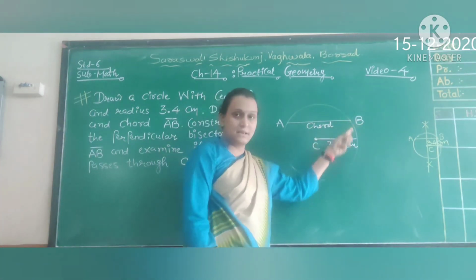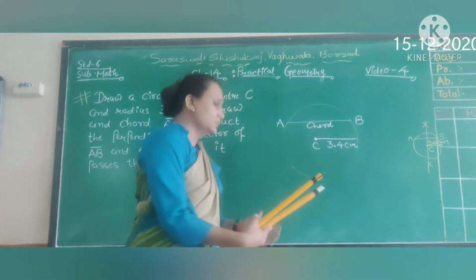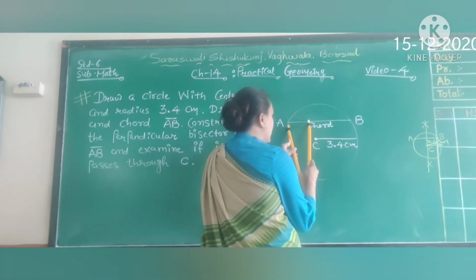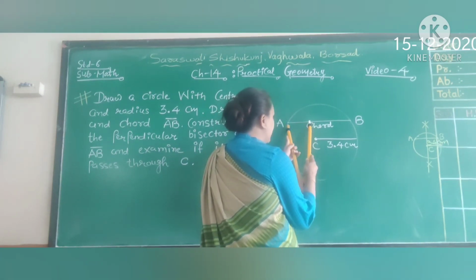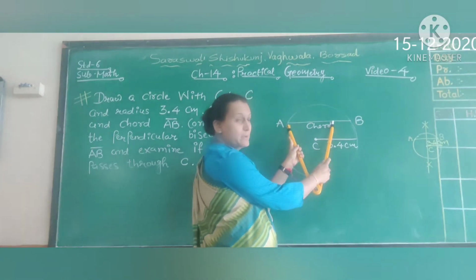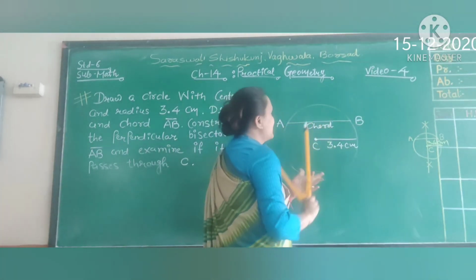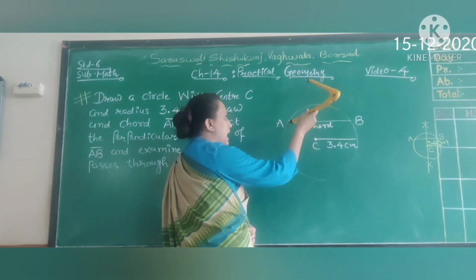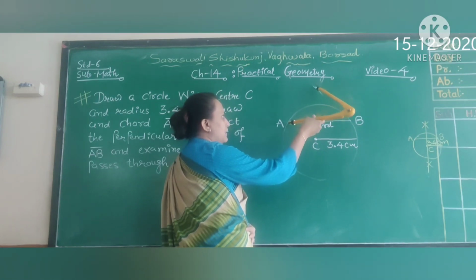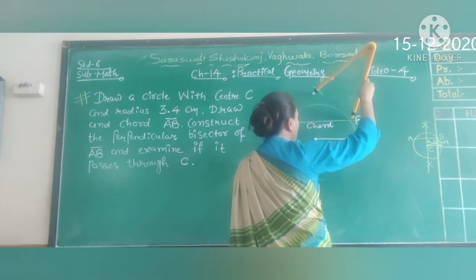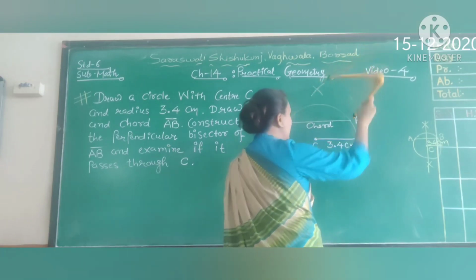So this is your line segment. Clear? So we have to take more measurement. Suppose we are taking this much, more than half. Okay. So from A to B, here we have taken this much measurement. Now with center A, we are going to draw an arc. Okay. Then after, same way with the point B, we are going to draw an arc. So this is the arc.